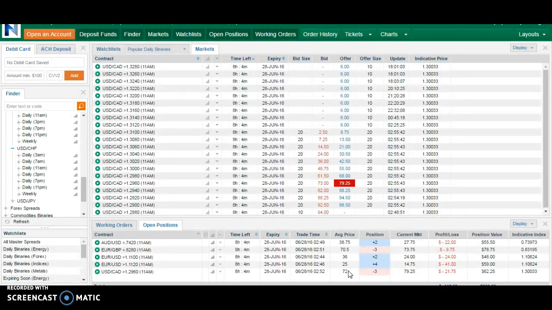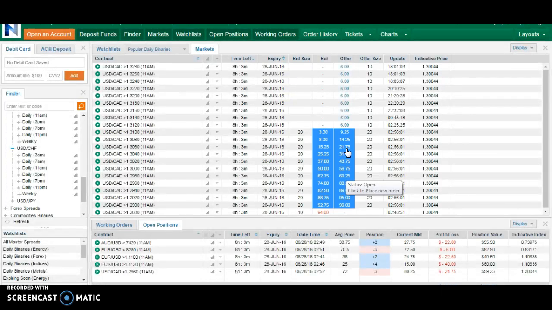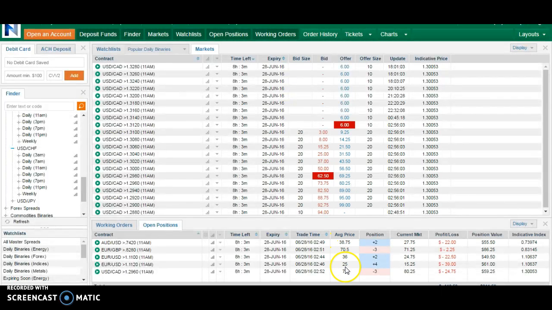And you just got to see how you place trades, buys and sells on Nadex, trying to look for the best strike price that you can get, you know, twice your money back or 3 times your money back. You know, if I hit this trade right here,